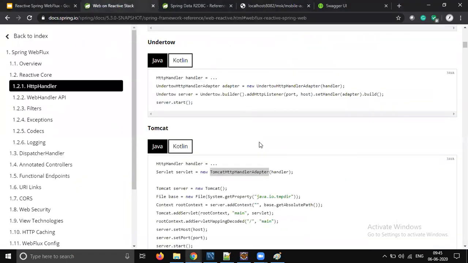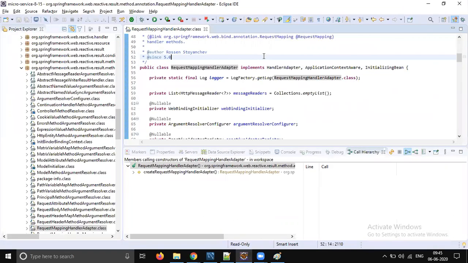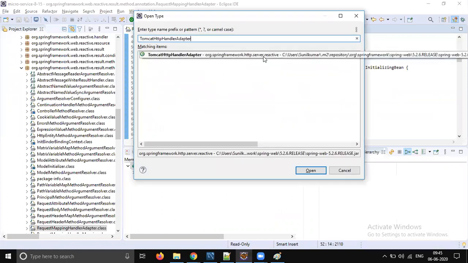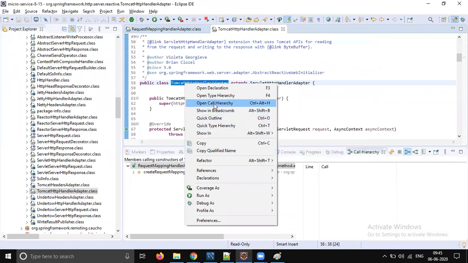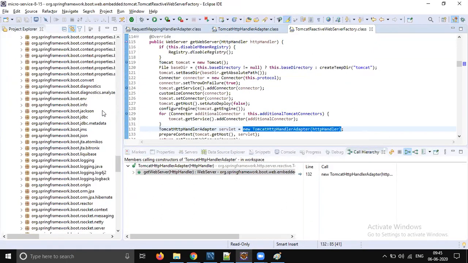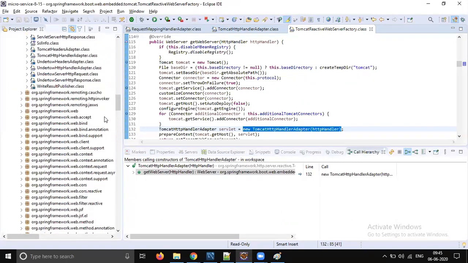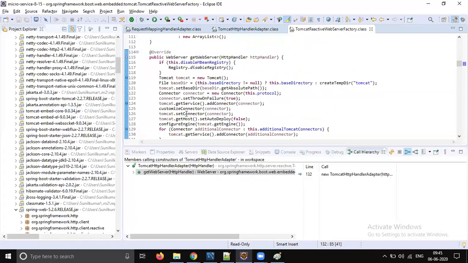What is that class name? Tomcat handler adapter, sorry. So Control Shift T. Yes, here it is. So let's check where it's being used. It's being used from here. Okay, so we already have the logs enabled. Okay, let's start in the debug mode.